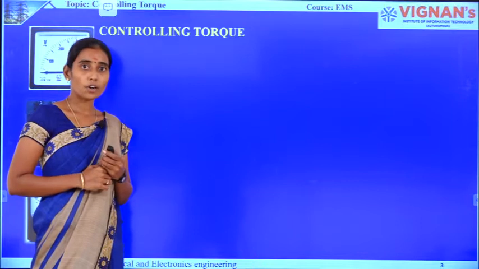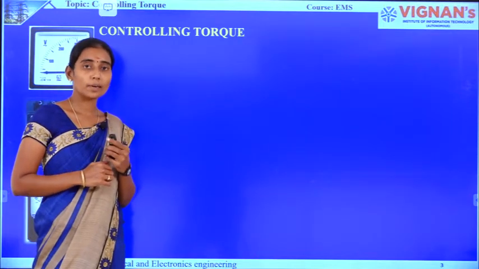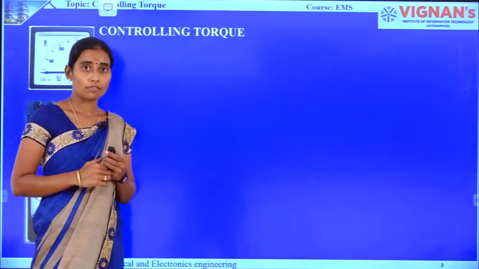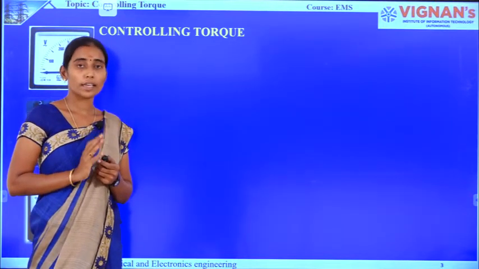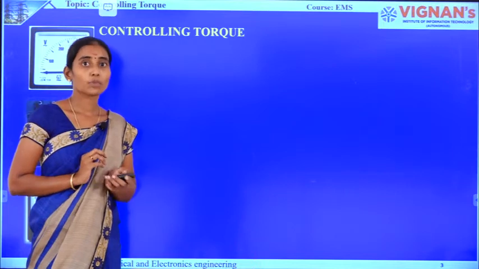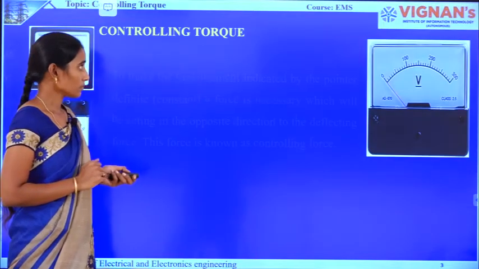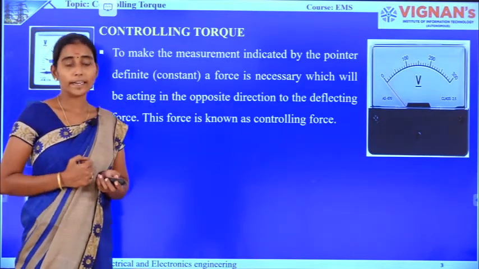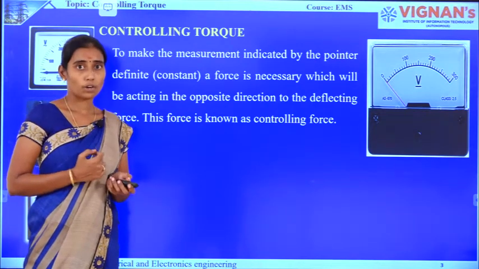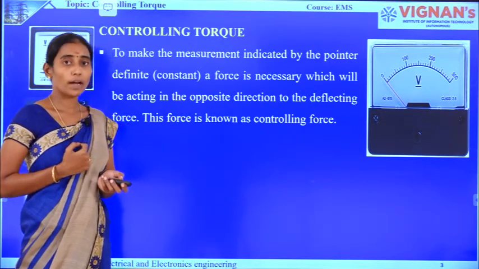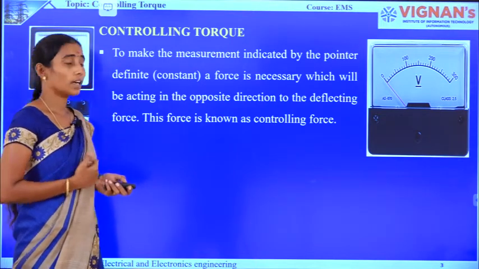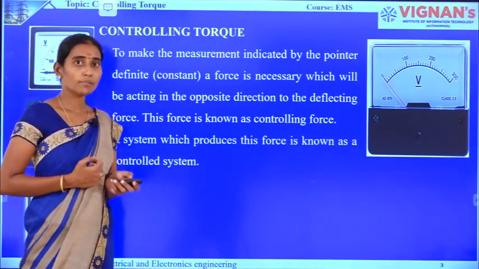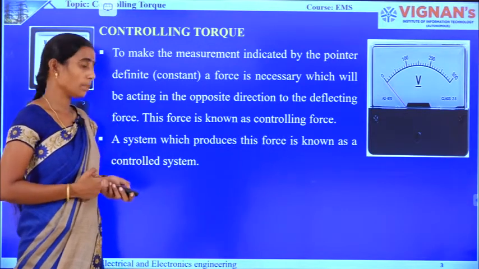The deflecting torque makes the pointer move from its initial 0 position. However, it will not stop at one particular position, so you cannot take the reading exactly. So to make the measurement indicated by the pointer steady or constant, a force is required in the opposite direction. That force is nothing but your controlling force, and the system which produces this force is nothing but your